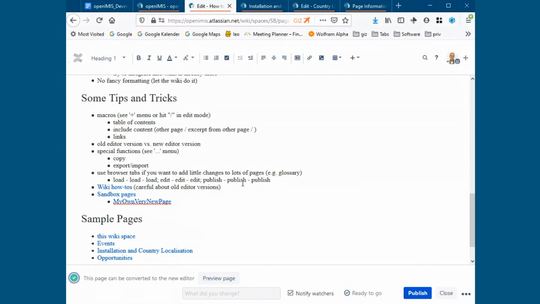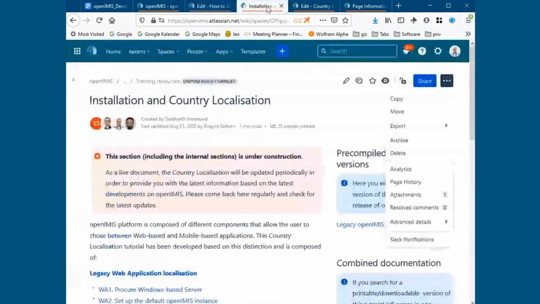If you have a lot of pages where you want to do similar changes, for example in the glossary, if you want to add the format of the glossary page or something like this, it makes a lot of sense to open a lot of pages in parallel. You always click on the link and open it in a new tab. Then you can open a lot of pages at the same time, and while you are doing that, the pages are loading in the background. And then you click through each of the tabs one by one,